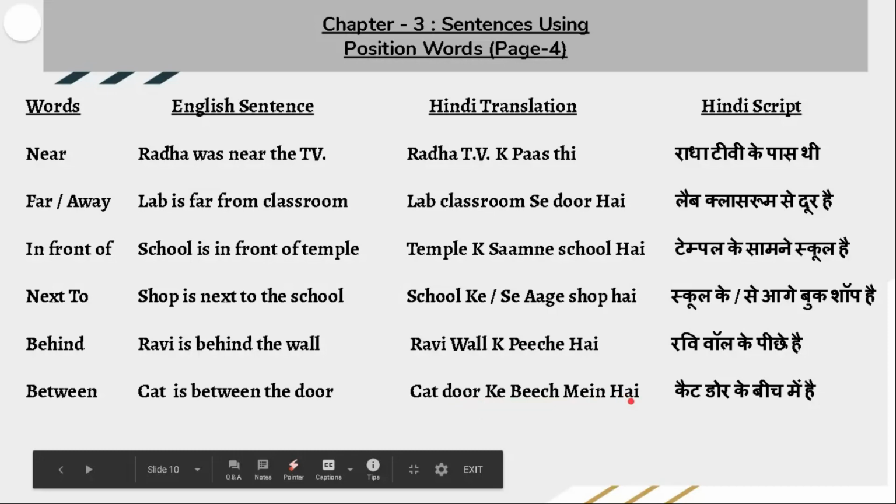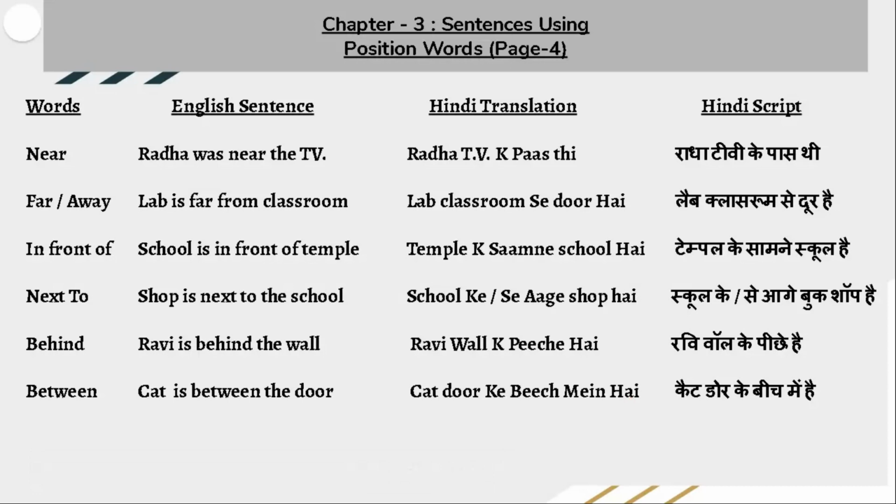So all these positional words we are using after the common nouns or objects. At last, I want to give you more clarification about है and हैं. है means is and हैं means are, or we can use this word हैं for respect also, for our elders also. So now it was a detailed tour, but in short, about positional words.